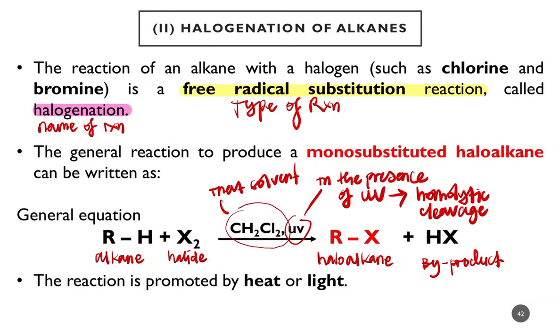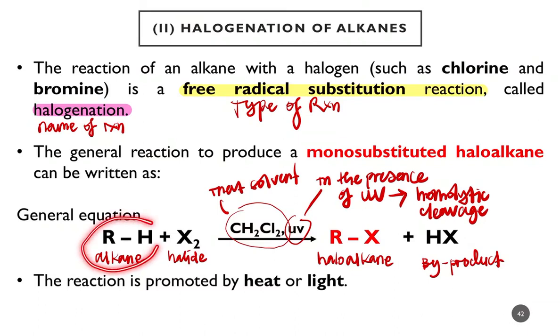Halogenation maksudnya menghalogenkan. So, the type of reaction is a free radical substitution reaction because that means that you're going to substitute in a free radical to replace your hydrogen. Okay, the name of the reaction is halogenation. Name, ini type of reaction. Okay, so generally,